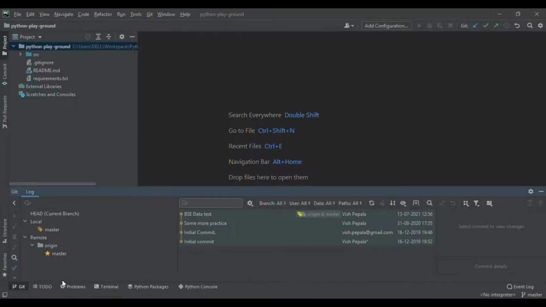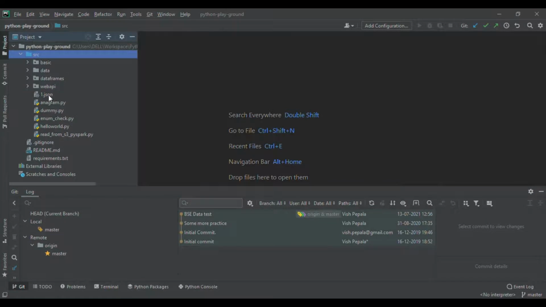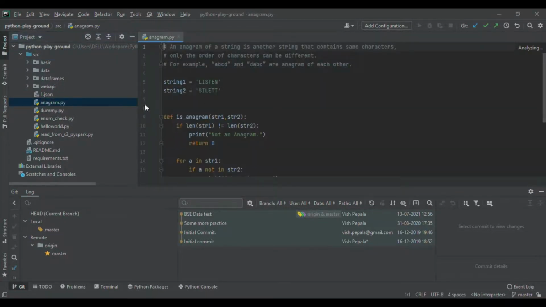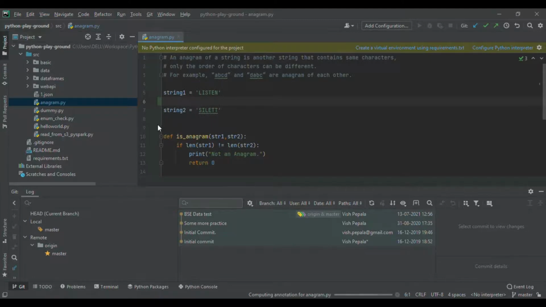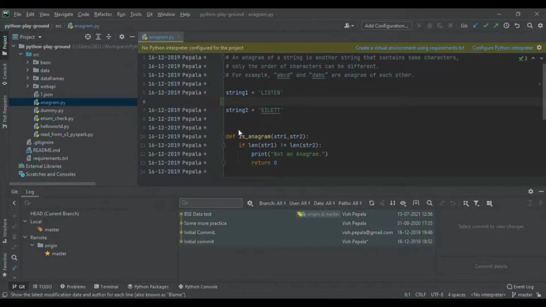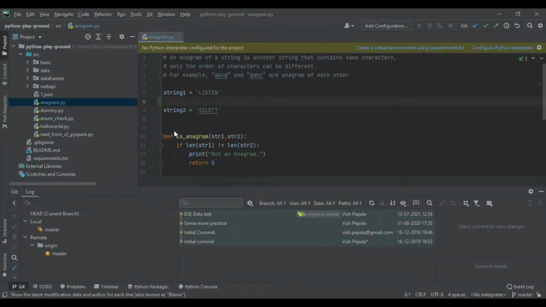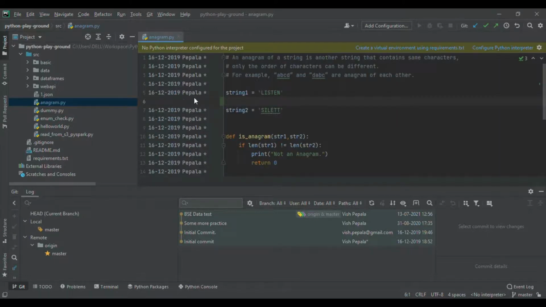Okay, so whenever you make some changes to your git, I mean any files, I'm just going to make some change here. One of the beautiful parts of PyCharm is Annotate. If you look at this, I just did Annotate with Git Blame. It shows who committed this file on which date, and it shows what is the line you have changed.